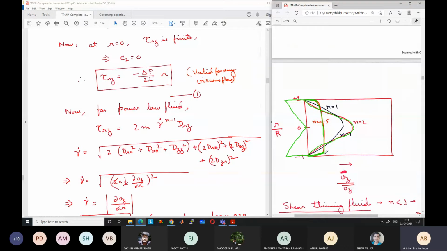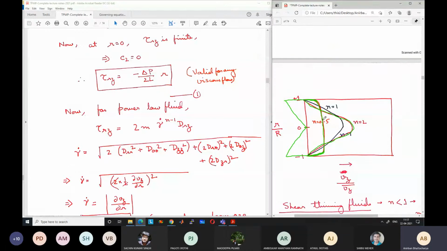Okay, for shear thinning fluid, because the stress is less, viscosity is higher, and because the viscosity is higher and shear stress is less, you need very less amount of deformation to cater to the shear stress. Okay, so del U del R is very small at the center, so not much change in velocity occurs